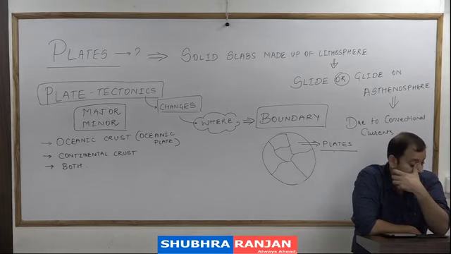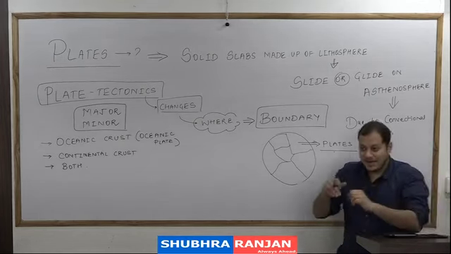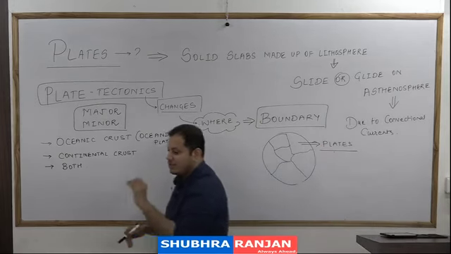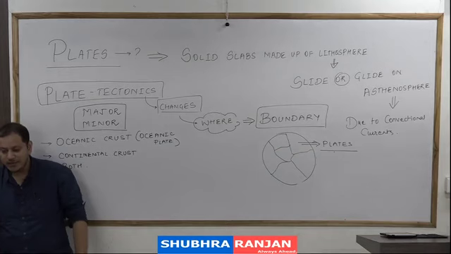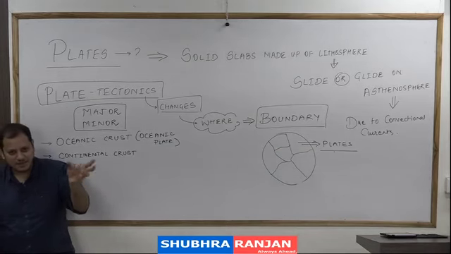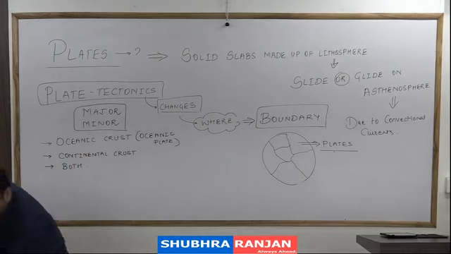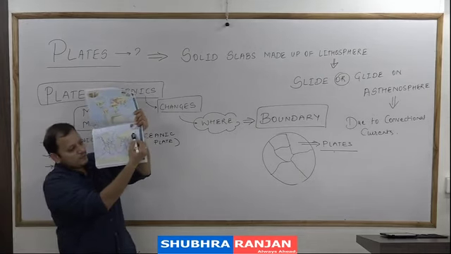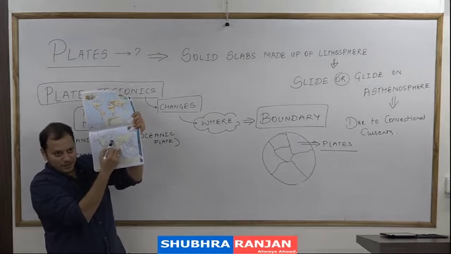Eurasian plate and the Asian plate, and you can see in the map how the Eurasian plate at the boundary is an example of an oceanic plate. Some part of it is oceanic crust. Look near Japan, that is a boundary line of the Eurasian plate. So this part of the Eurasian plate is an example of an oceanic plate.